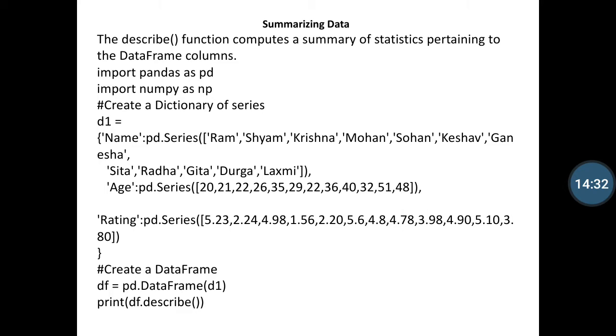You can notice here that using Pandas series I am defining some string values in the name, Ram to Lakshmi, and age 22 to 48 as the numerical value, and the rating value 5.23 to 3.80 as a float value, using the Pandas pd alias name. The series is created in a dictionary-like data structure named d1, and then we create a data frame. I use a variable name df equal to pd.DataFrame and put in the dictionary variable d1, and then after